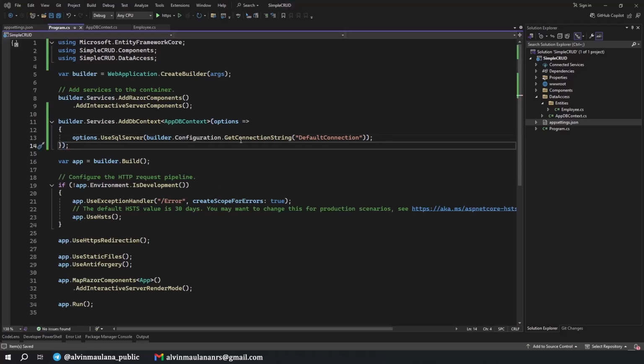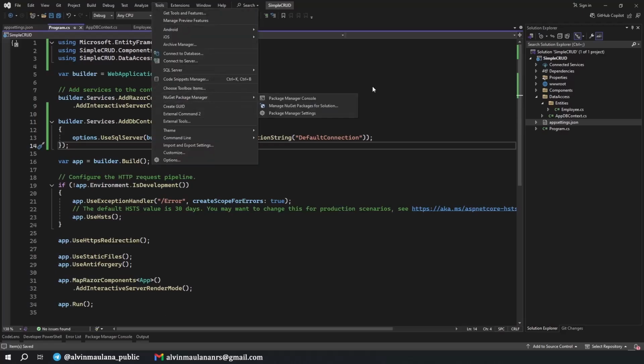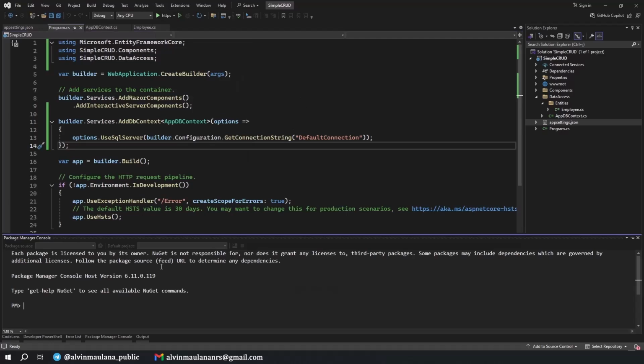Okay, now we need to synchronize this into our database. So what we will have is we need to go to the Tools, NuGet Package Manager and Package Manager Console. It should be in here. And then we need to create a migration.